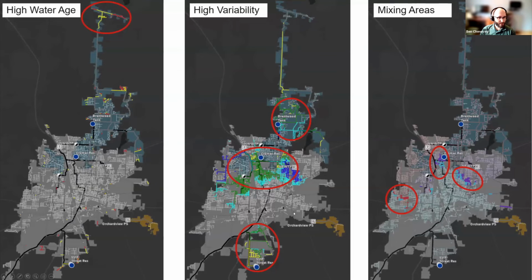So getting into some of the results, this is an example of just parallel simulations that took place. This is looking at water age, water quality variability, and then the mixing areas, so the source traces, and just simulating all of those together within MSX. So we could identify where the issues are with higher water age, kind of on the fringes of the system,